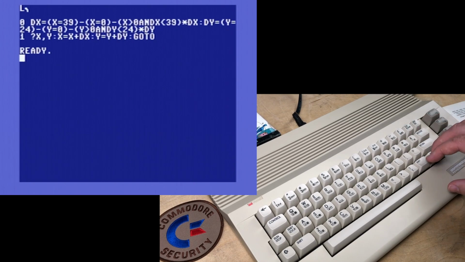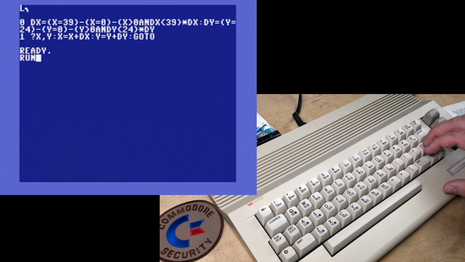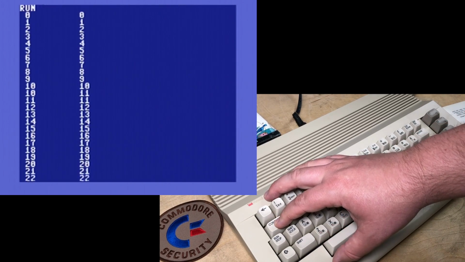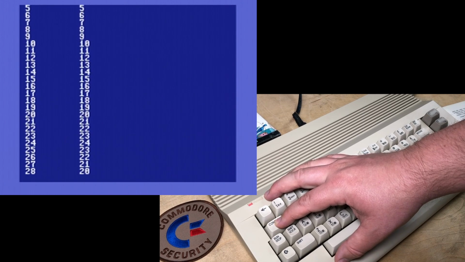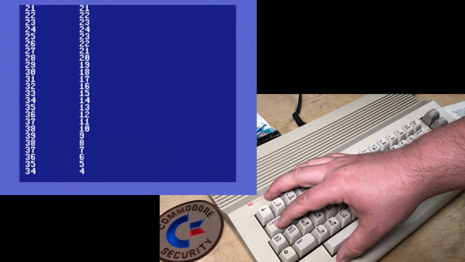The comma just makes it go to the next column. So if we run that, take a look at what the program is doing. You see it starts off at 0 for both X and Y and goes up. And if you look at the right column, which is Y, it peaked at 24, is now coming down to 23, 22, etc. On the left side, it's counted up to 39, and now it just started going down again,